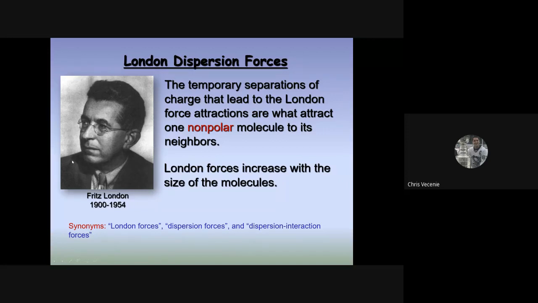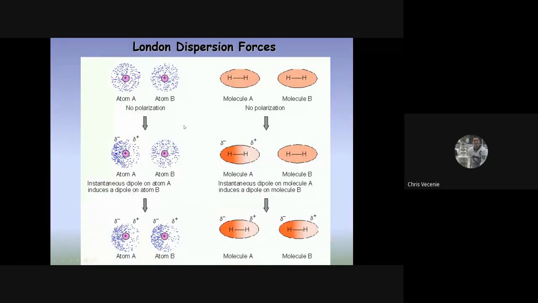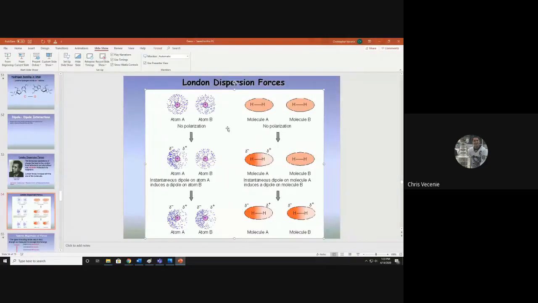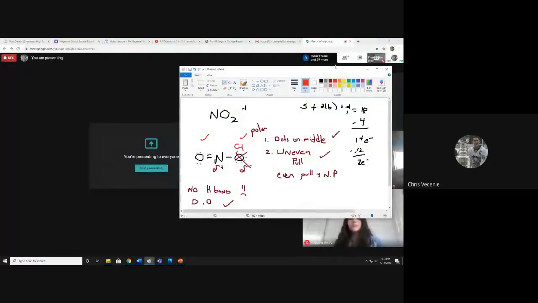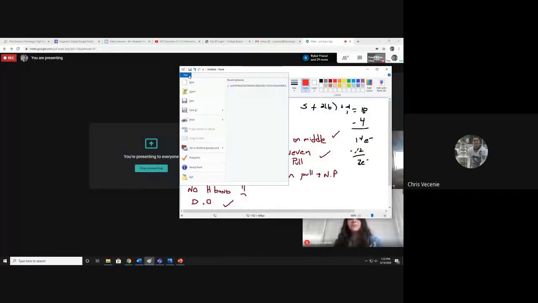So all molecules have London dispersion forces. And the reason is because electrons are in constant motion. Right? And because they're in constant motion, they can create what we call a temporary dipole moment. So if I took this picture right here and brought it over here,